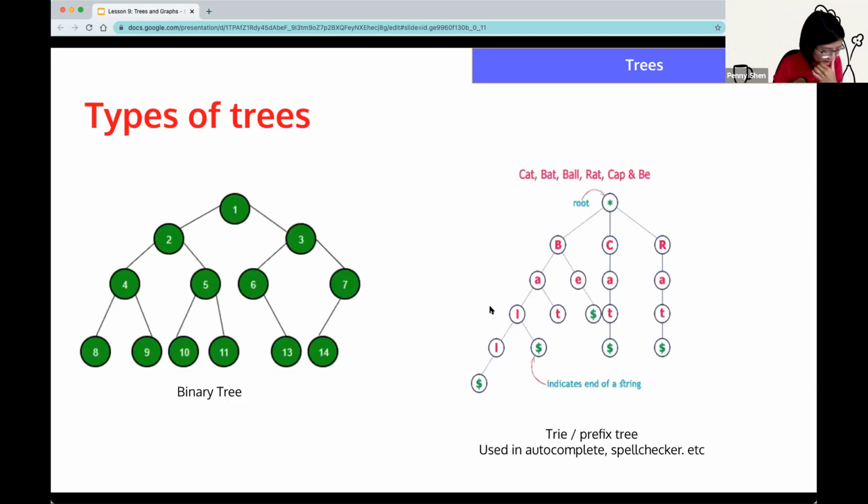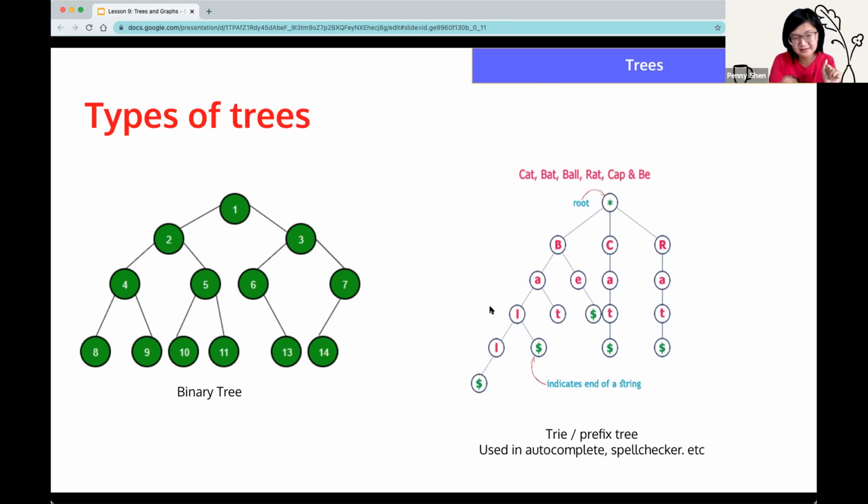Okay, so now that we've talked about trees and how we represent them in code, what are some different types of trees? First, there's the binary tree, which we will go into more detail in just a minute, so I won't talk too much about that here. But another interesting type of tree to call out is the trie or prefix tree. It's an interesting application of a tree where each node represents a character, and how it's linked is that if it's a word, it will be linked. So if you look at this, you can see if you follow the branch down, it spells ball, but it also spells B-A-T, bat.